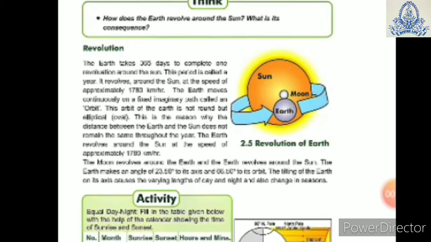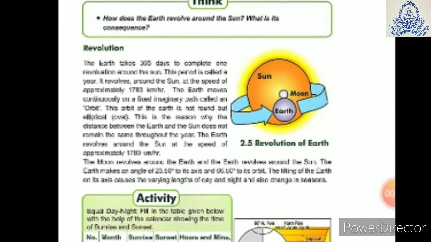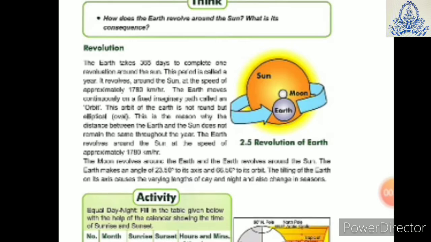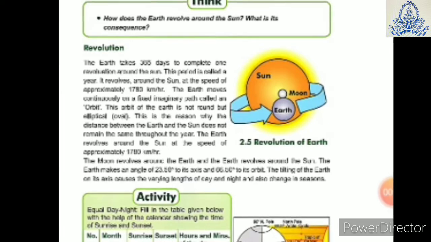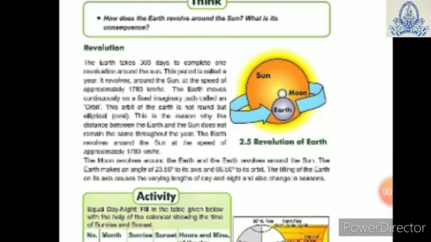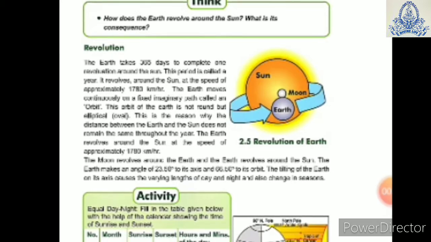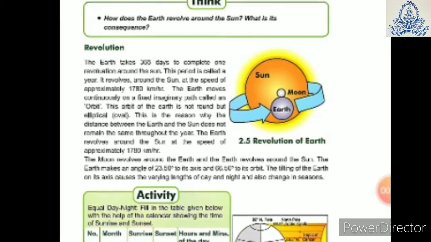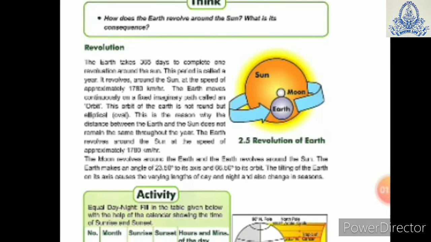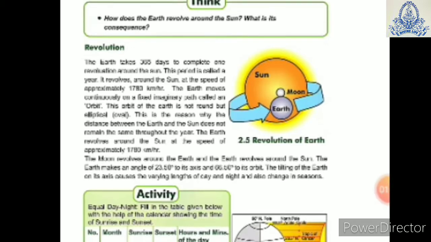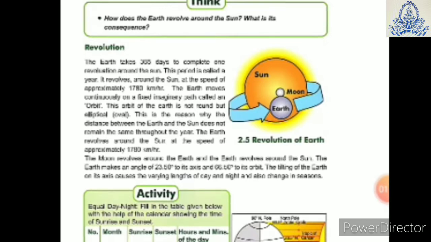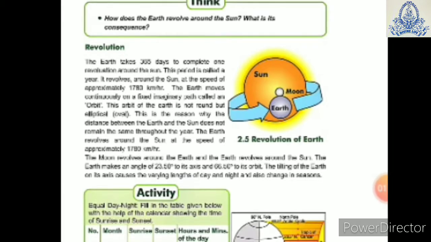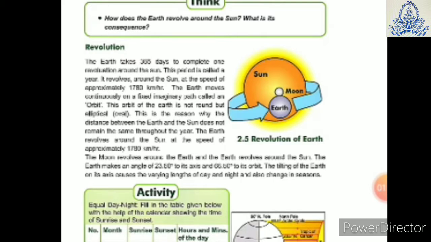Here the speed at which the earth revolves around the sun is 1780 kilometers per hour. The earth moves in a fixed path, which is called an orbit. Understand? The earth moves in a fixed path around the sun. That path is known as the orbit, and it is also imaginary. We can't see that orbit. Now the orbit is not round. If we see, the orbit is elliptical, or in easy terms we can say oval